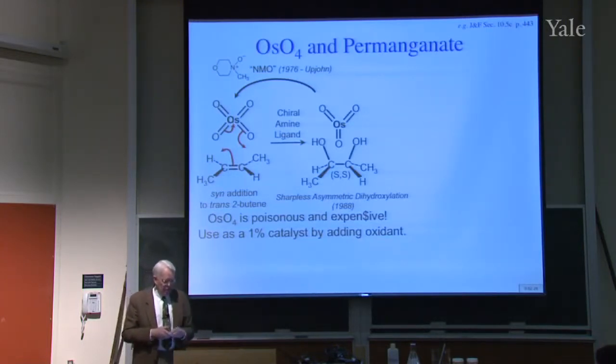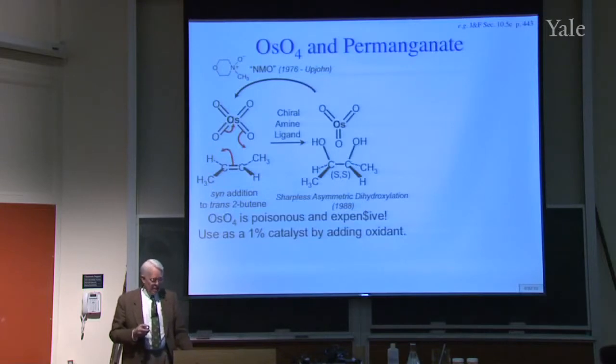alkene. And this, you won't be surprised to hear, was also invented by Professor Sharpless, whom we talked about last semester with respect to adding oxygen. So this is called the Sharpless asymmetric dihydroxylation. He invented it in 1988, and I think this room was the first place he talked about it in public. He was standing right there, and in fact he did a demonstration on this table, as I'm going to do at the end, but I'm going to do a different